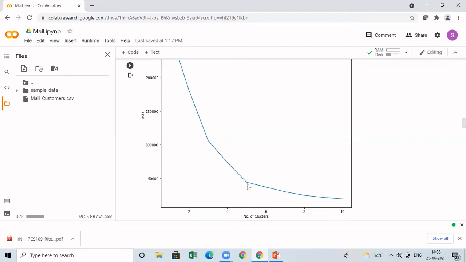If you see the sharp bend and project it on the x-axis, you will get the number of clusters as 5. That is the thing we also identified from the scatter plot. Now, our k-means algorithm is also telling that we have the optimal number of clusters as 5. So we now got the optimal number of clusters.